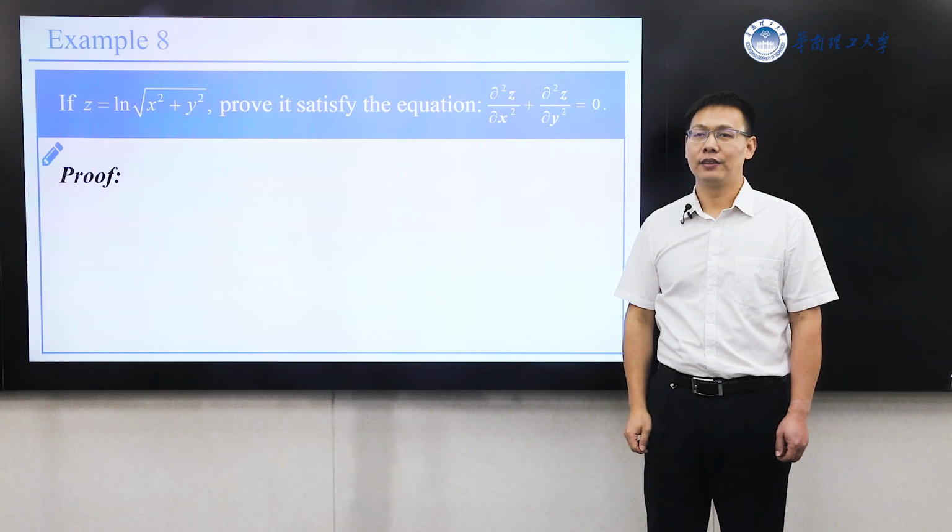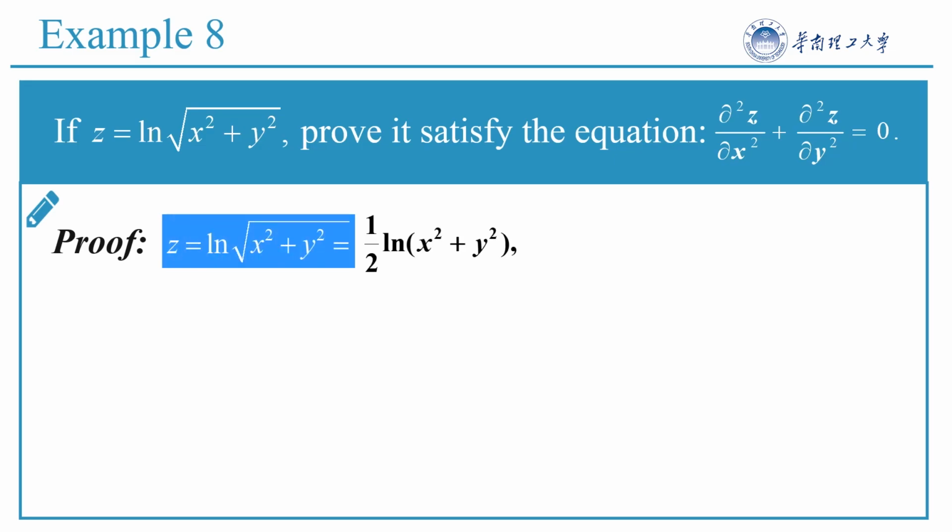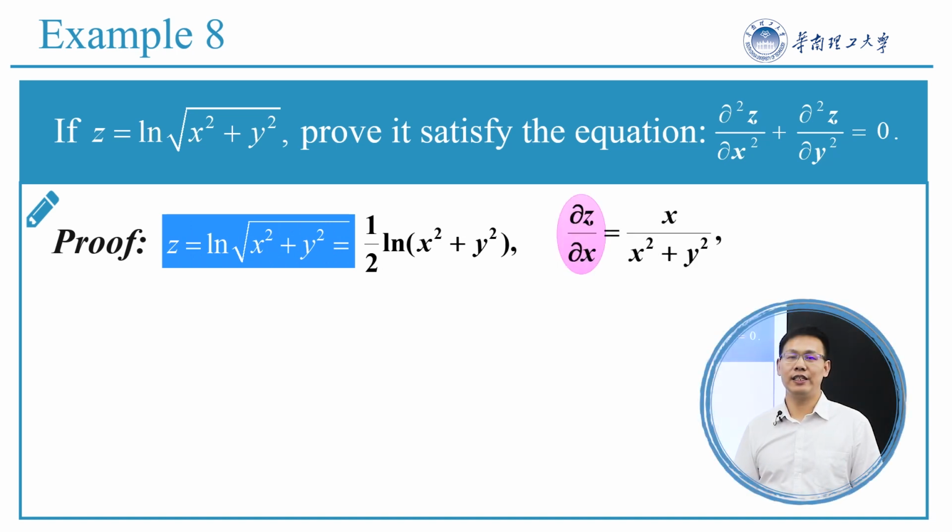Simplify z. z equals 1 over 2 times ln(x squared plus y squared). So the partial derivative of z with respect to x is x over the sum of x squared and y squared. And then